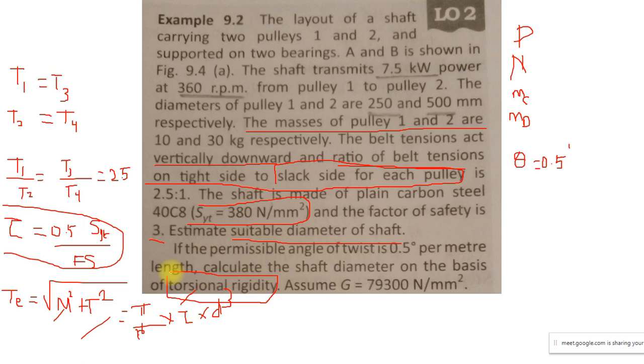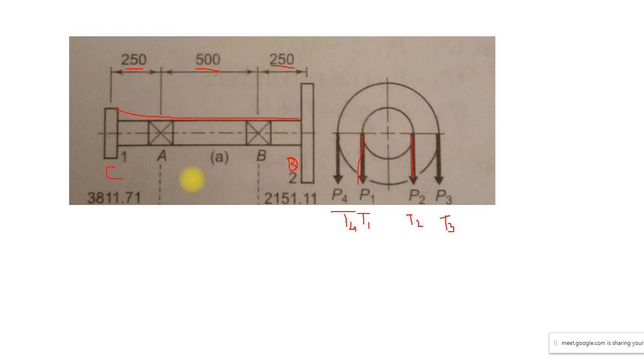For torsional rigidity, the modulus of rigidity I am going to call C. C and G both are the same. There are two differences in this problem compared to the previous problem, where we used only a simply supported beam. So can anyone say what the type of beam is here?